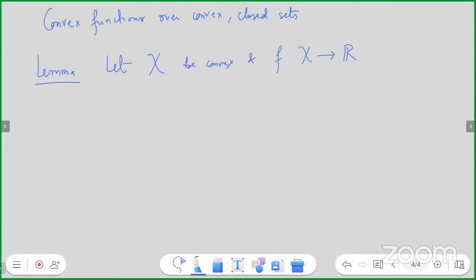At the moment, I don't even need convexity. But if x star is a local minimum,